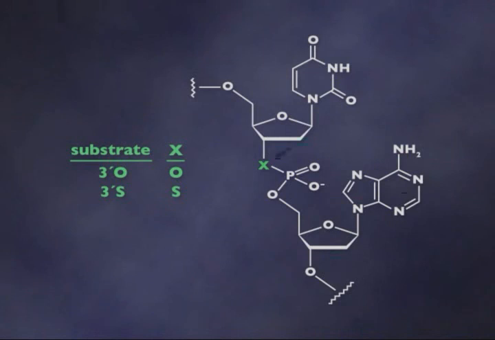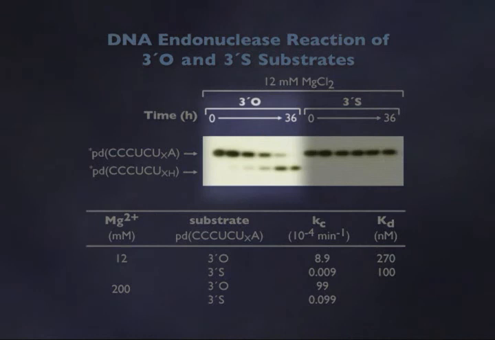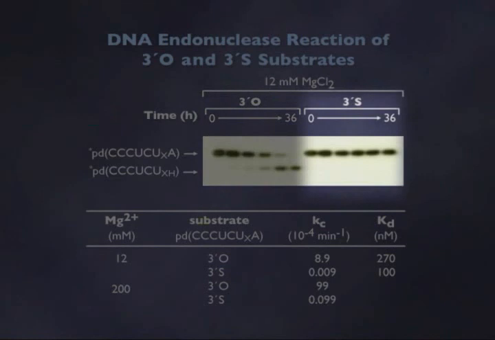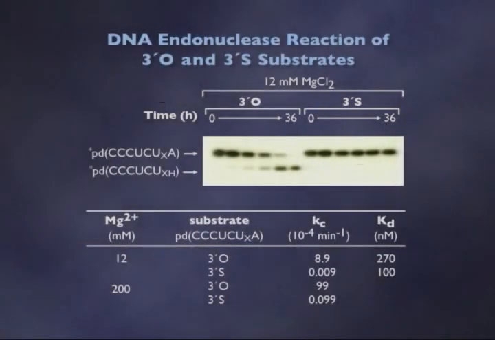And so this should speed up the reaction a lot. And when we did the experiment, we found that the normal phosphate-containing substrate was cleaved to completion as expected, and completely opposite to expectation, this 3' sulfur-containing molecule was not cleaved at all. And so this was a disappointing result because it